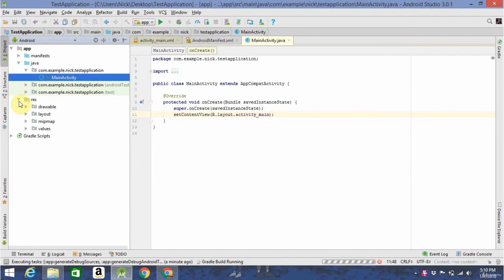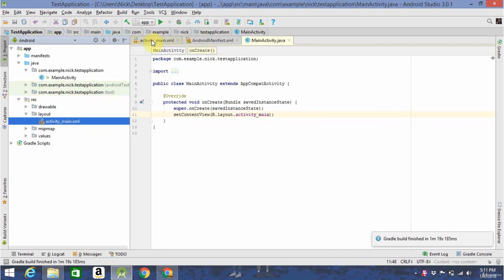Over here is where you have all the stuff that's going to make up your application's user interface. Images, layouts, etc., all that good stuff. So under layouts is where you have your XML files. Still building, but essentially we're going to use XML to position different UI items on the screen and make everything